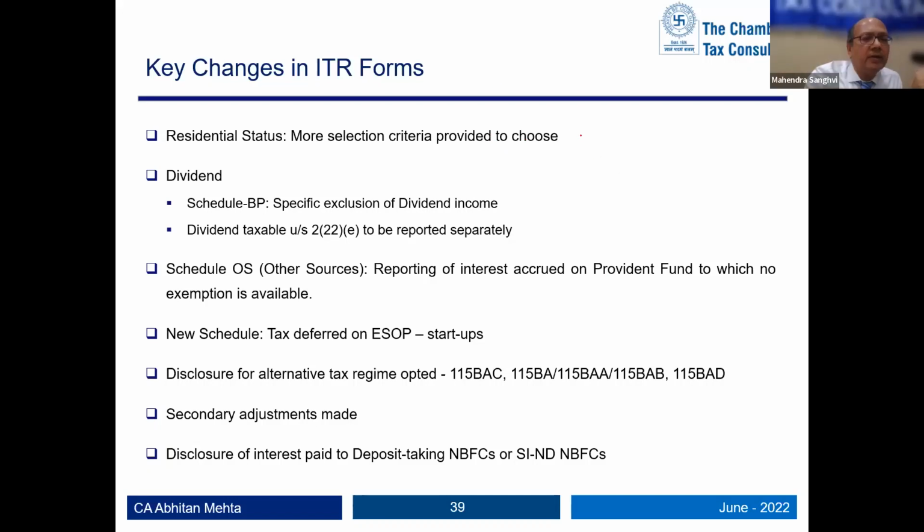On the third last bullet, that is disclosure of our alternative tax regime opted. Here, though, if you would have opted earlier years, say last year for assessment year 21-22, you need to give the date again in this year also, that what was the date and some acknowledgement number or some number they will be asking, which you need to incorporate here again, that last year what it was opted for. So that's a requirement you need to take care of.